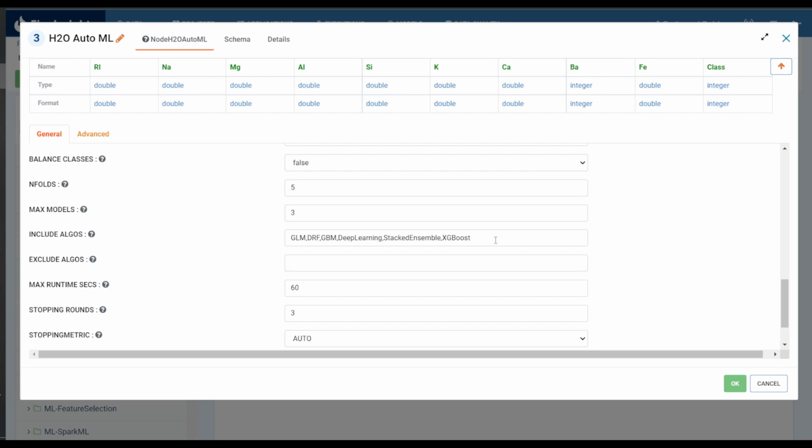Next, we have the included algorithms. By default, all algorithms are selected here, but we can also exclude algorithms by moving them from the include algos to the exclude algos options below. This will ensure that we don't have models that are either too complicated or are of types that we do not want. In this case, I don't want deep learning or stacked ensemble,